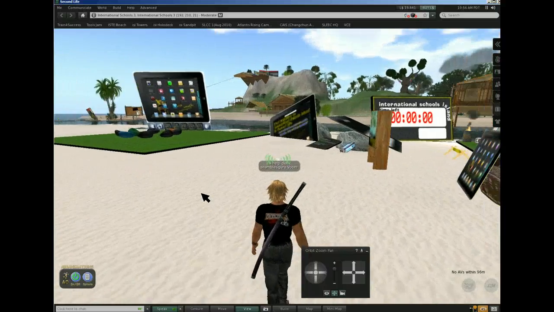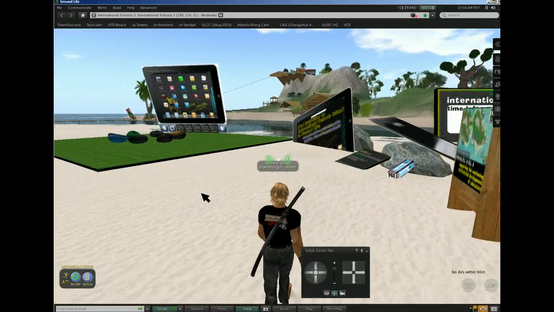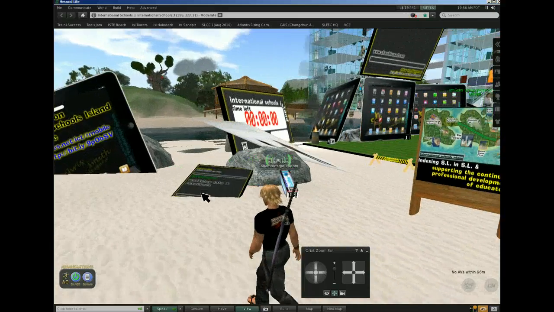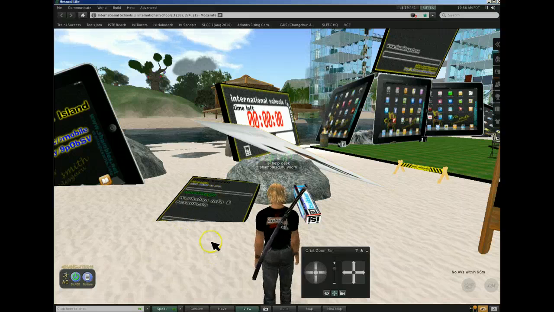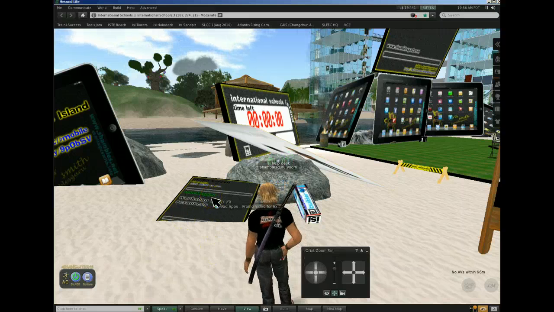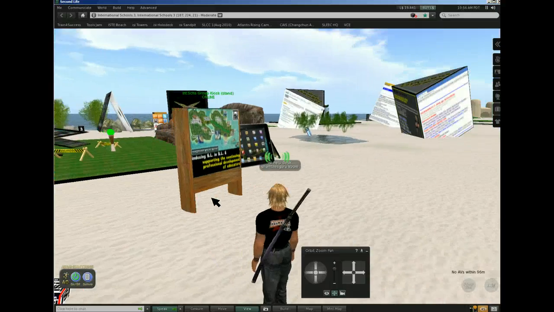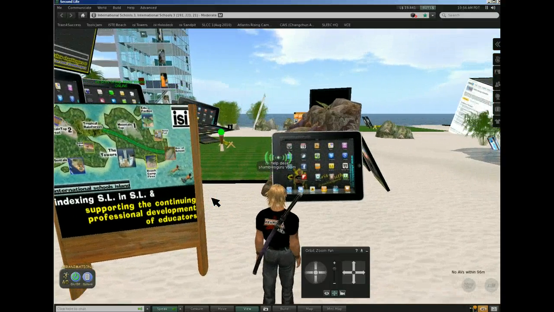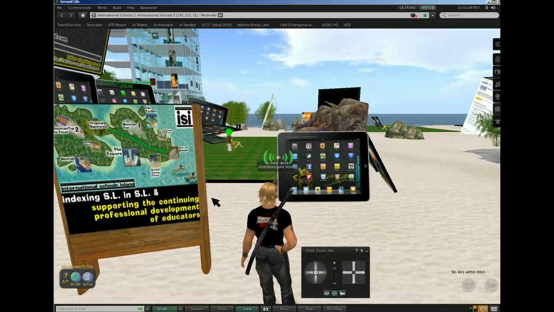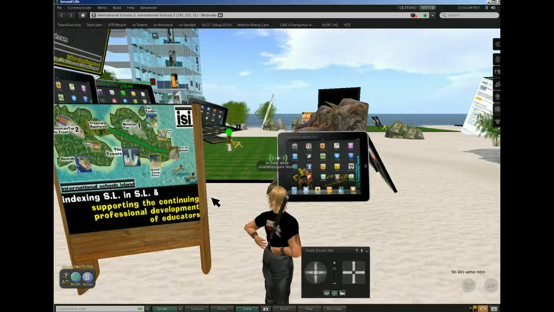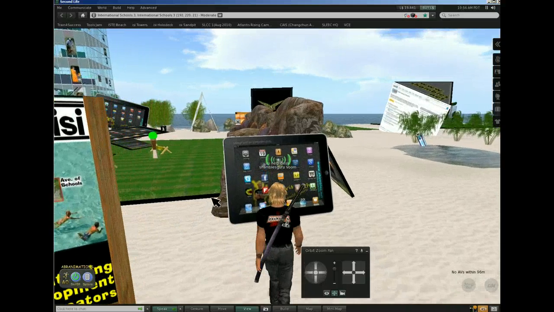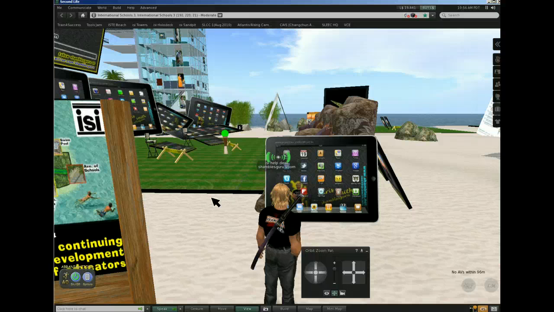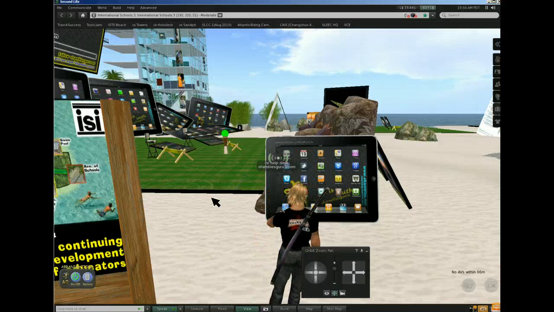A few things not to miss, because it's easy to miss. If you come here, there's a screen down the bottom here. Click on this because it shows a video. I'm not going to tell you what it's about yet. There's some giant sofas here. Now this is a nice area for meeting and professional development and discussions about iPads and apps and iDevices in general. And I'm going to show you just a few of the tools I've set up here that might be